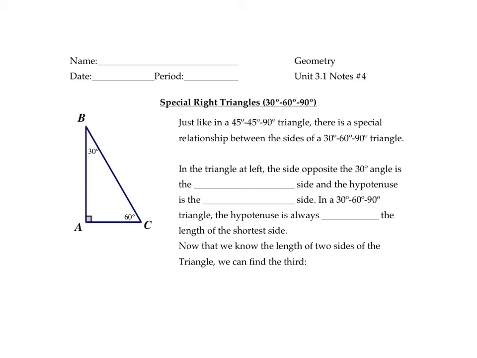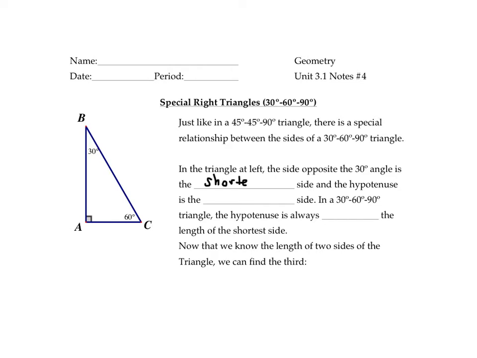Hi everyone, today's lesson from Unit 3.1 is all about a second type of special right triangle. The other day we discussed the 45-45-90 triangle, and we discovered that the sides had a particular relationship. In today's lesson we're going to look at the second special right triangle, and it's called a 30-60-90 or a 30-60 right triangle. In the triangle at the left, the side opposite 30 degrees is the shortest side